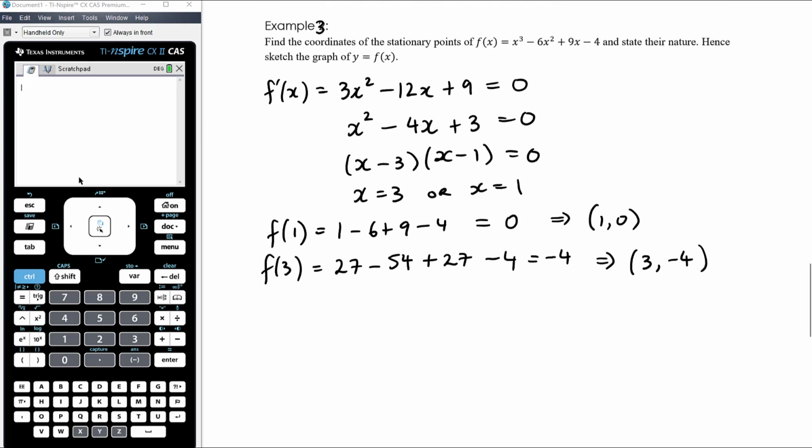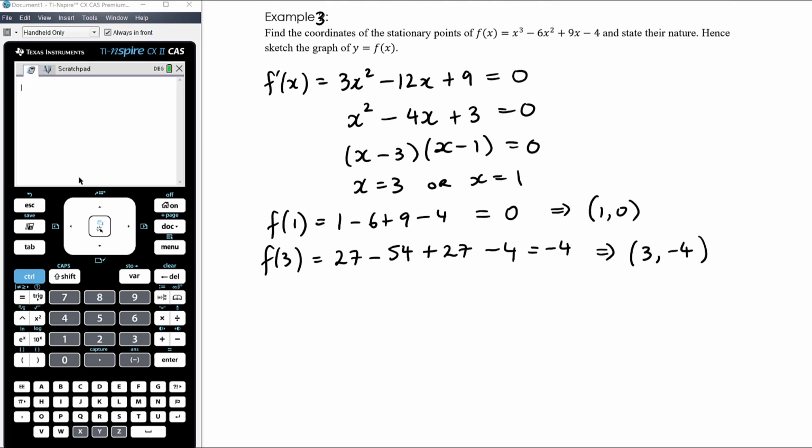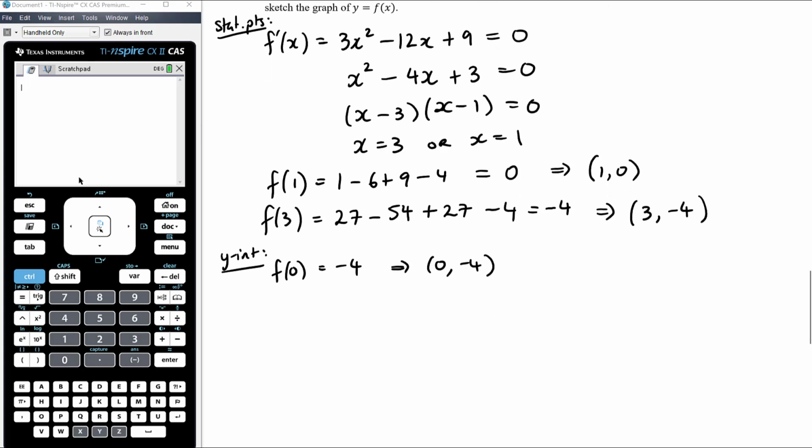Okay, we're also going to need, so this is our stationary points. We need our y-intercept, so that is f of 0, which is negative 4. And we need our x-intercepts, which is where we're going to need to do a bit of work. So we need f of x to equal 0,